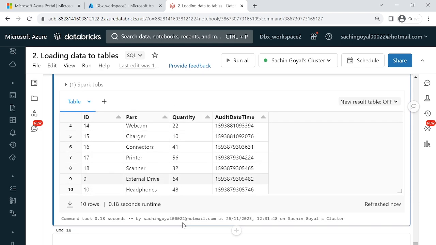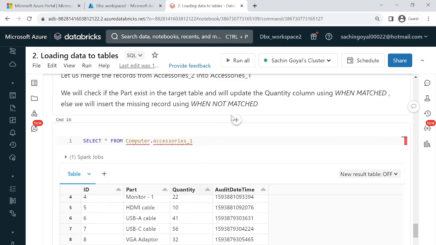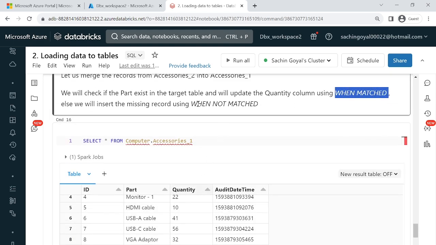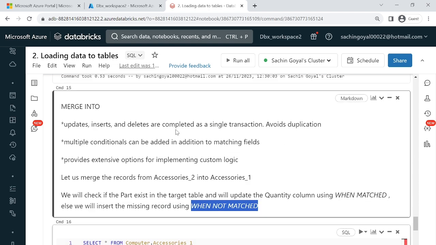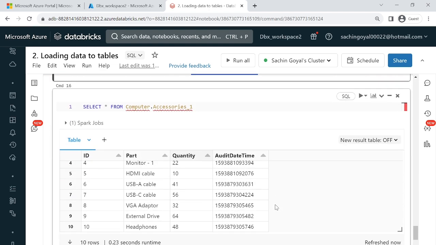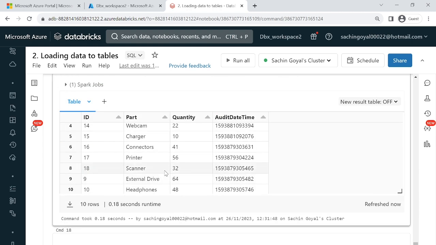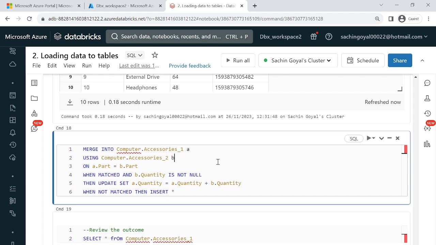So we will use WHEN MATCHED or WHEN NOT MATCHED in the MERGE INTO statement to decide what to do with these 2 records. When these 2 records are matched, meaning the part is matched between these 2 tables, we will add the quantities from both these 2 tables. However, if there is no matching part, we will simply